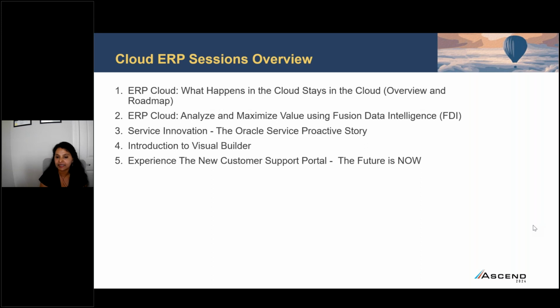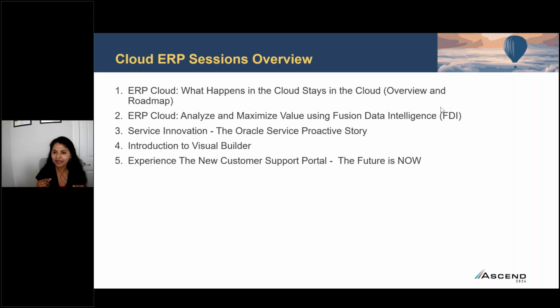Don't miss that session. The second session is going to be another great session. I shouldn't be talking about my session like this, but my goal is to give you as much information as possible. If I equip you with information, you will go home and tell your bosses or your company that, hey, we need to start using Fusion Data Intelligence. So I'm going to show you everything on FDI, aka Fusion Analytics Warehouse, the reporting tool, because a lot of the customers currently go on trial on the FDI tool. And the first thing that comes to their mind is, why did I not implement this along with my other implementation?